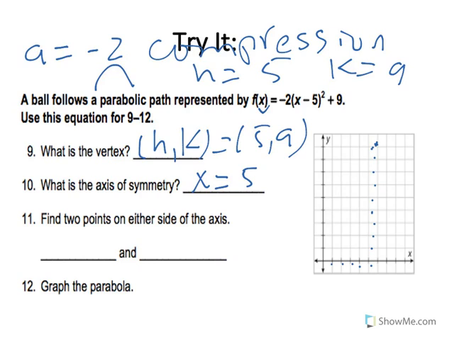Okay, so we see that we can pick 1 point to the left and 1 point to the right. So for example, when we pick x equals 6, we can put it into our function. So we have -2 times 6 minus 5 is 1, squared, minus 9. So this gives us a -11. My mistake, plus 9. So let me change that. So plus 9, so that gives us a